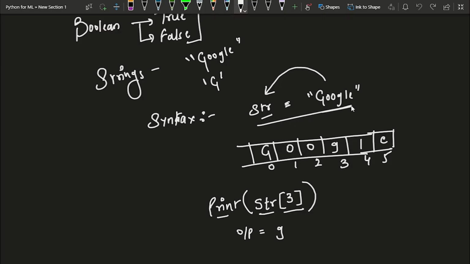So this is called declaring a variable. We are first giving it a name, and then we are assigning a value.